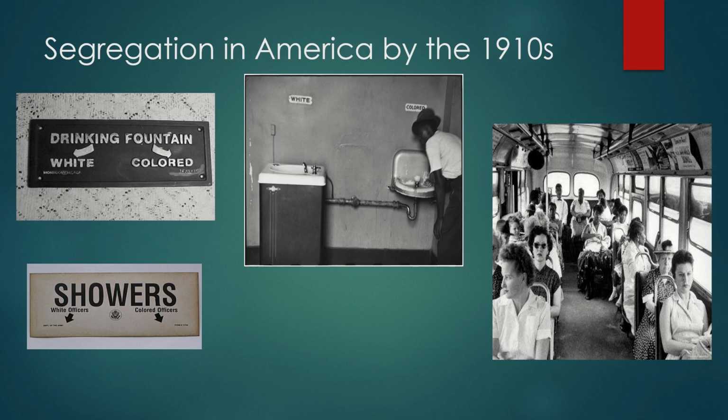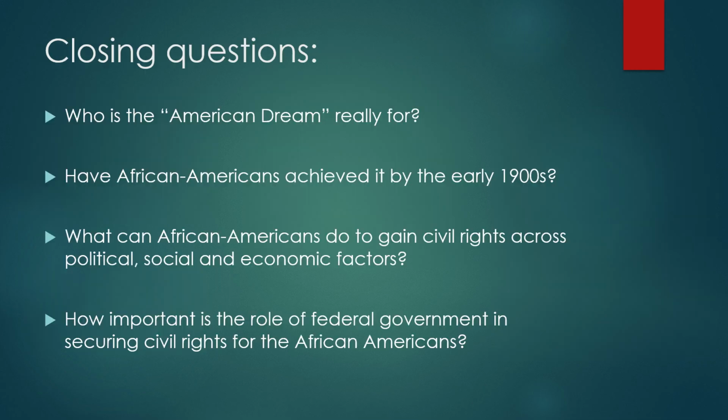All we have to do is look at the images to see there's a clear inequality that's infested America, and despite everything that was fought for during the Civil War, it has sadly carried on and will carry on for decades to come. These facilities are clearly not equal, and the Jim Crow laws really were reimposing a society that had existed in the slavery era. While de jure, by law, this wasn't slavery, de facto, in reality, for many African Americans, it indeed was. These laws were going to remain in place for a really long time, and if we get into the depth part of this series, we go through each of the presidents and the decades. And it really is a long walk to freedom that the African Americans have to endure.